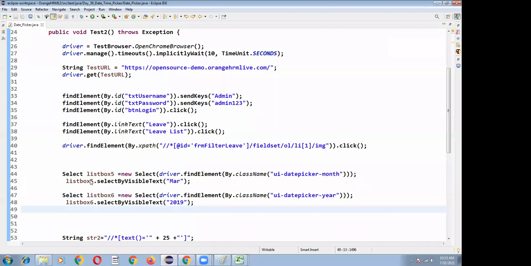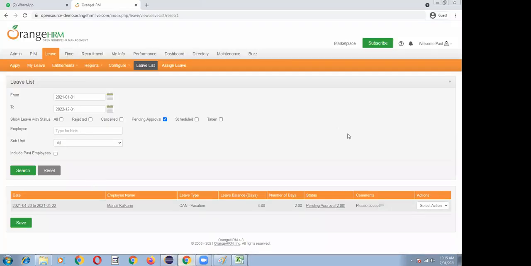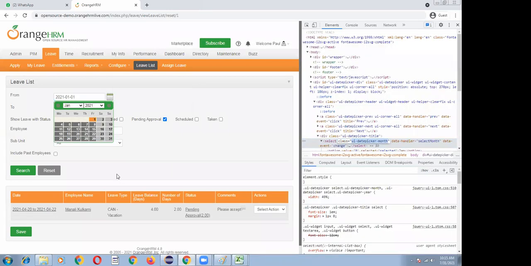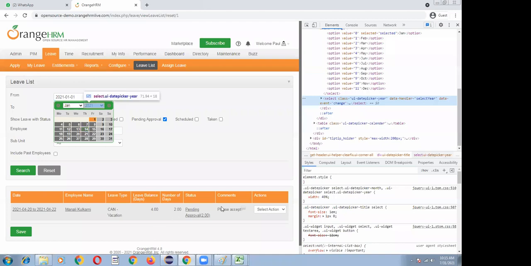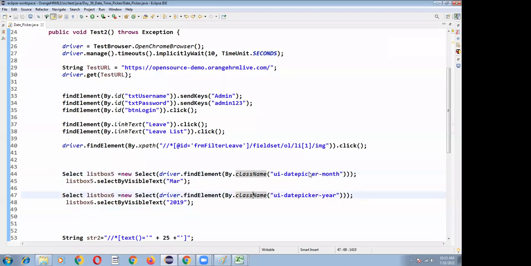So right click and click on inspect. The first one is class name is equal to ui-datepicker-month. And the class name here is ui-datepicker-year. So that has been given. Let's go back to here. If it is a class locator, we can use the locator name as class name. So I have created the UI date picker month, and for the select class, I have